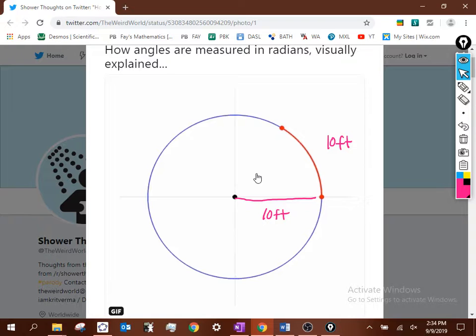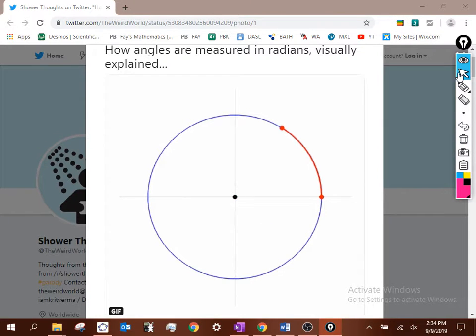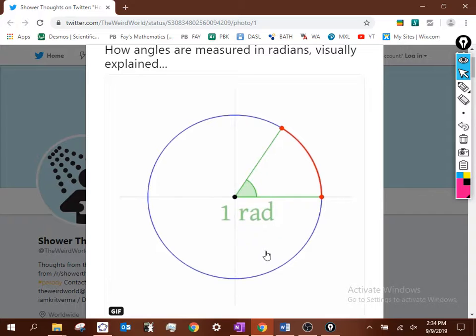Now, to talk about what a radian is, we take that angle right there, and that angle is equivalent to 1 radian. The word radian refers to radius. Does that make sense? We took the radius and we bent that around the circle. No matter how big your circle is,